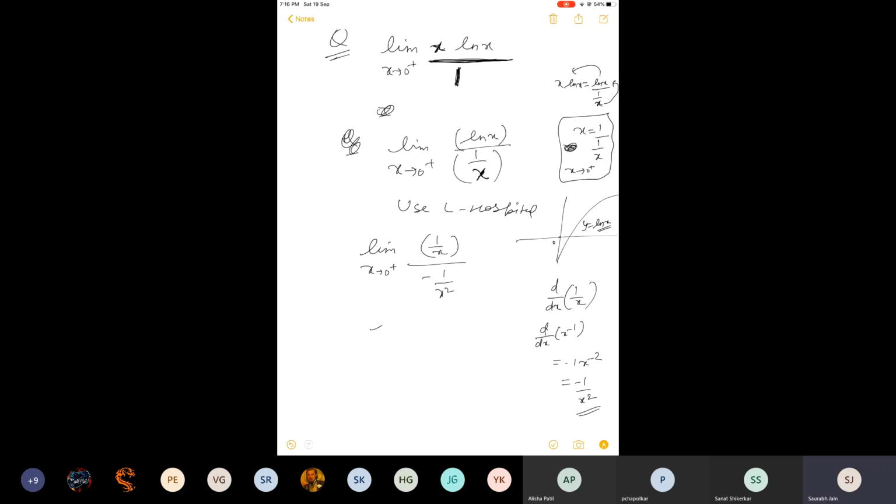Now, before applying any other rule, try to simplify it. When you simplify, you will get only minus x. x square and x will cancel each other one time. Minus will come, but the overall answer is 0 as x tends to 0 plus. The indeterminate form is removed. It doesn't matter whether you put 0 or 0 plus now. Ultimately, the answer will be 0. So your answer was coming correct, but mathematically that was not the right way. So we have to be extra careful while solving questions of limits.